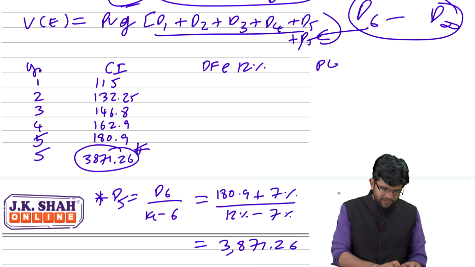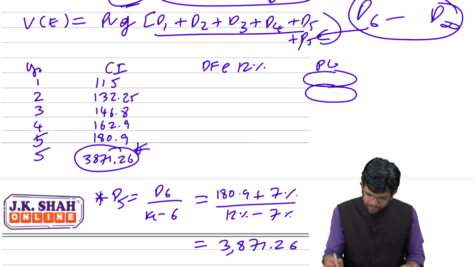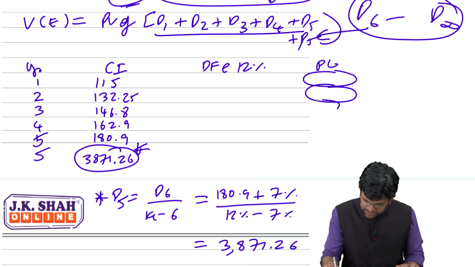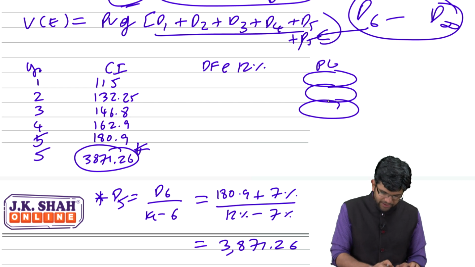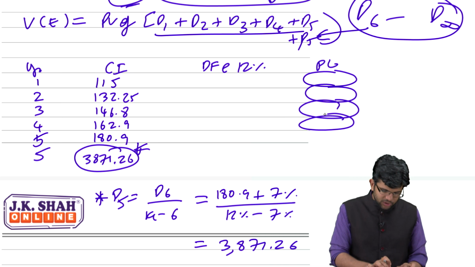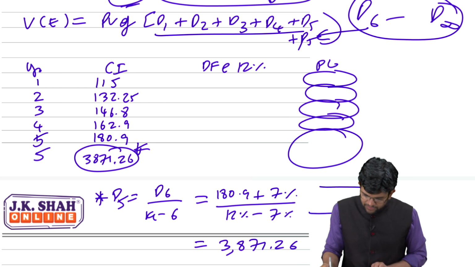Can we start? 115 divided by 1.12 plus this value. 132.25 divided by 1.12 squared plus this value. 146.8 divided by 1.12 cubed plus this value. 162.9 divided by 1.12 to the power 4 plus this value. And then 180.9 plus 3871.26, both are for 5 years. So divide by 1.12 to the power 5, plus this entire value, will give us